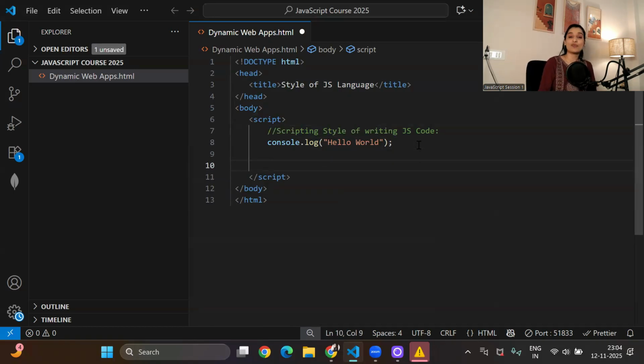Scripting style of writing JS code we have written. Okay, directly we can write the script. Okay, if you are not creating any function, class, doesn't matter. Directly you can write the script. Your script will be interpreted by your JavaScript engine. Compilation process won't happen over here because it is a scripting language. Okay, do remember this. Now we will write procedural way,